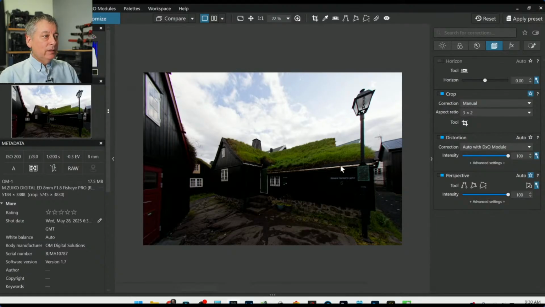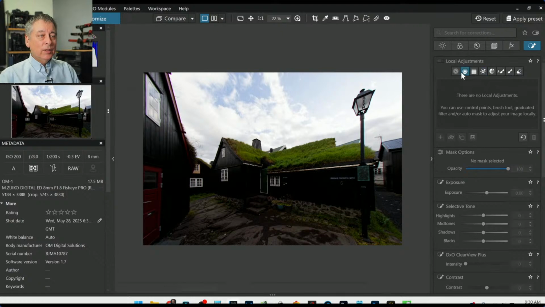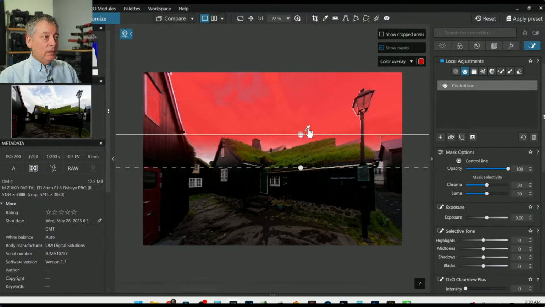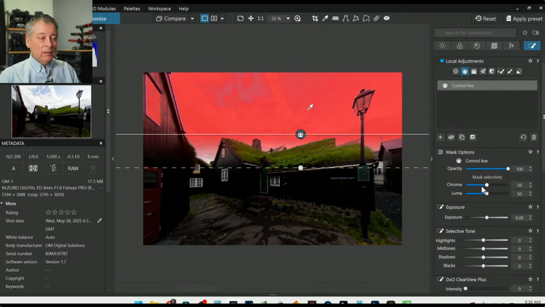All right, let's start with the sky, see how much we can bring back there. So I'm going to use a linear gradient, just for the sky, and we're going to move the eyedropper into the brightest areas of the sky, maybe about there. And we do have chroma and luma masking with the linear, or I'm sorry, the control lines as they call it. I used Lightroom for years, so I'm still using the